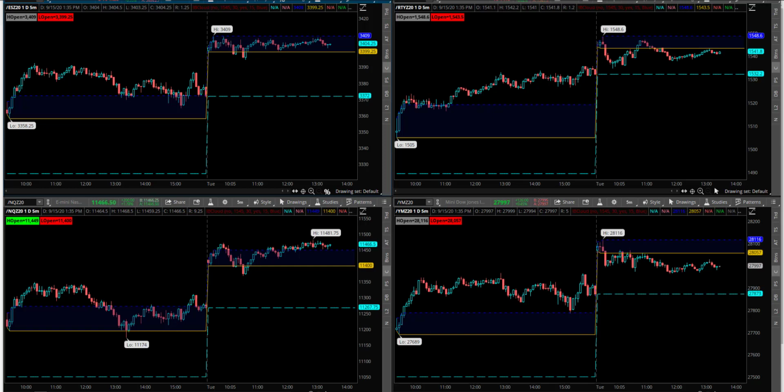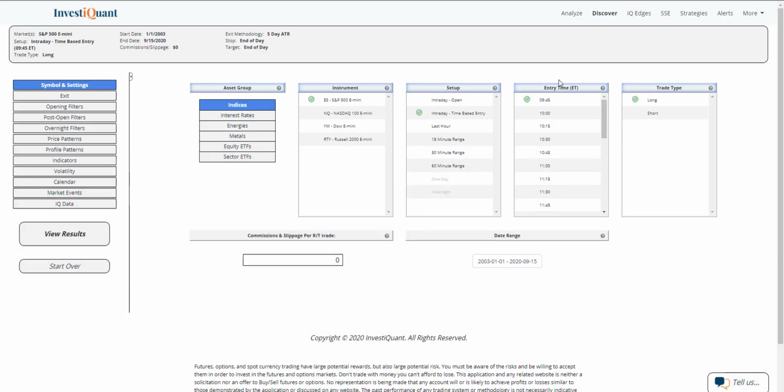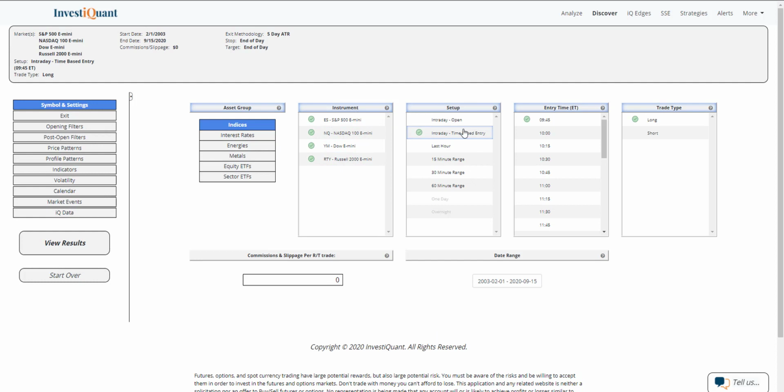So what I figured we would do is take a look at this type of price action going into the close, where we've got very tight ranges ahead of the FOMC announcement, which is tomorrow. So let me set this up and discover. We're going to look at all four instruments. We'll use an intraday time-based entry, and we'll move it out to about, let's do 3 o'clock. We'll set it up as a long,